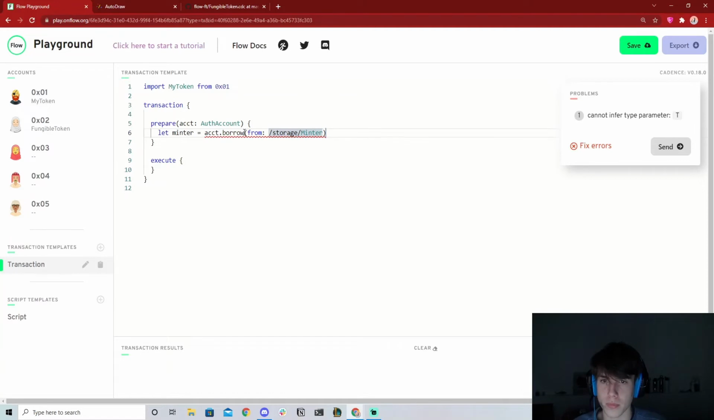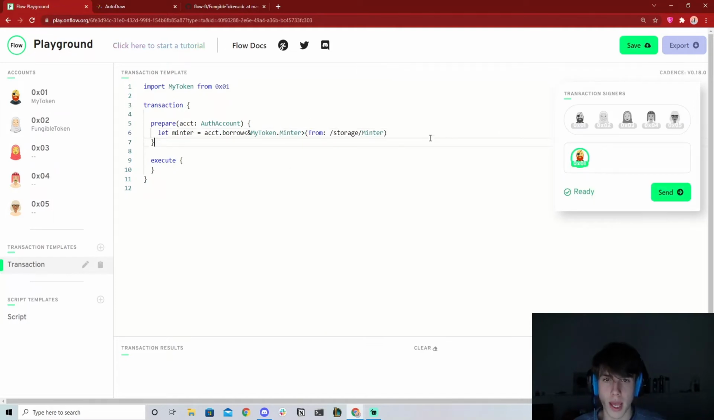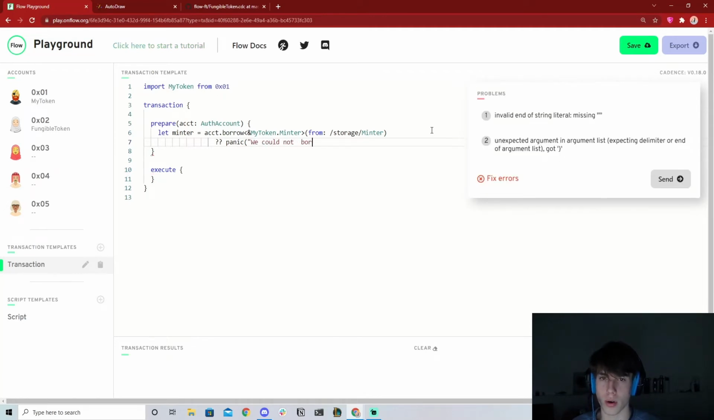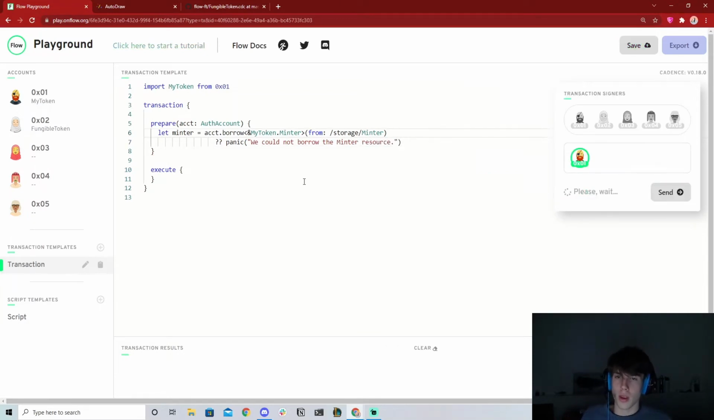/storage/minter. We're going to open up these brackets and say this is going to be of type MyToken.Minter. And if we can't borrow it, then we're going to just panic here and say, "We could not borrow the minter resource." All right, cool. So this is simply going to get the minter resource from the account, and then what we